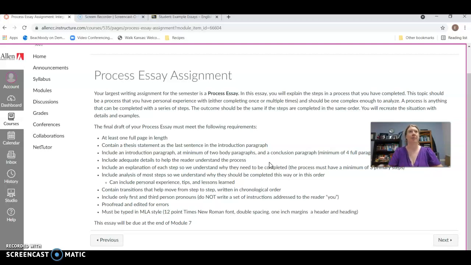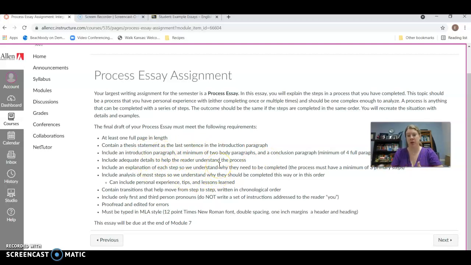So I don't know, something where it has multiple processes in it. So buying a house can be kind of complicated, and that might be one where it takes you way too long to explain it. So buying a car might be a little bit more specific. There are fewer steps there, or even just getting approved for a loan or something like that. You need to be able to explain it in adequate detail.